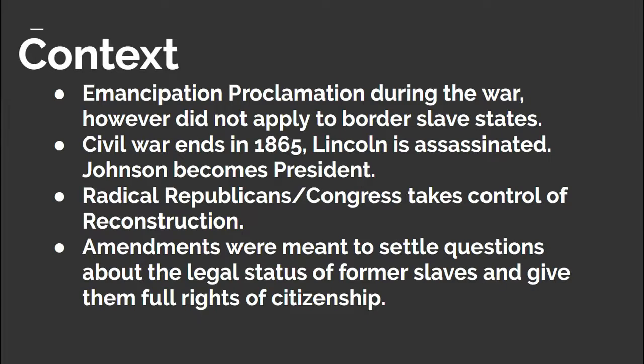During the Civil War, President Lincoln issued the Emancipation Proclamation, which freed the slaves in the Confederacy. However, this did not apply to the slaves in the border states that had stayed in the Union. The proclamation did, however, get the wheels turning on a push for an amendment that would completely ban slavery.